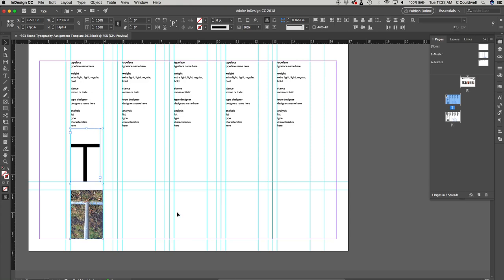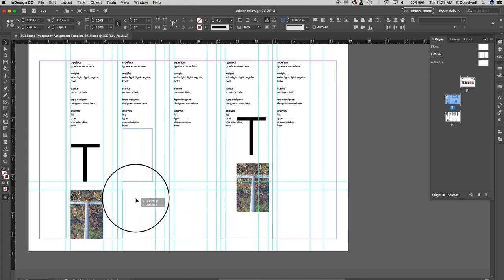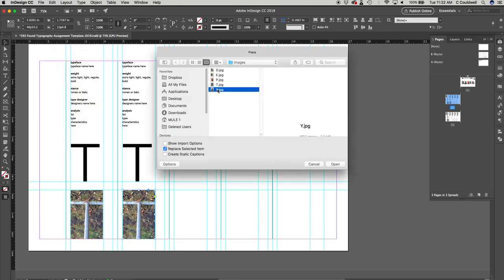So I'm going to copy, Command C, I'm going to paste, Command V, and I'm going to bring them over and align them nicely to my guides. And InDesign will help with that. I need to replace this image of the T with my Y, so I'm just going to go File, Place, choose the Y,